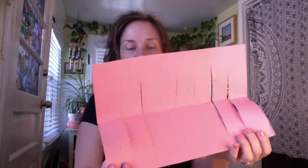Now I have a stapler. Glue will work great as long as you can clip it with something to hold it. I'm going to use a stapler for time, and I'm going to roll this on itself. So once again, I have this cut like this, right? I'm holding it by either way, the top or bottom. For me, it doesn't matter. For you, it might, depending on what your design is. And I'm going to fold this over on itself here. Actually, I want that one on the outside. Let's do that. That matches up better. And I'm going to staple it